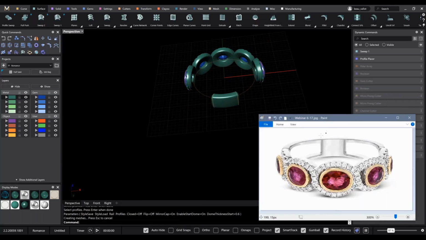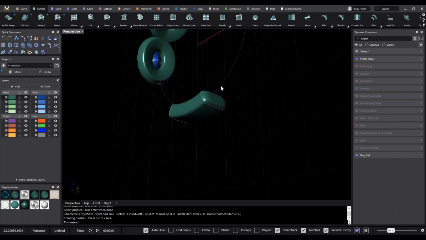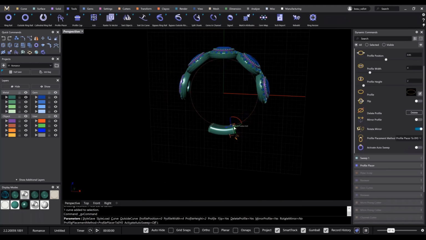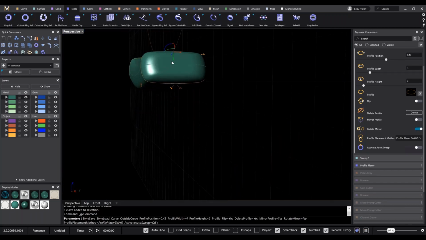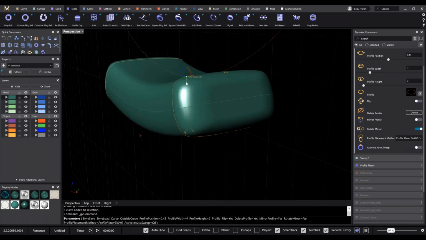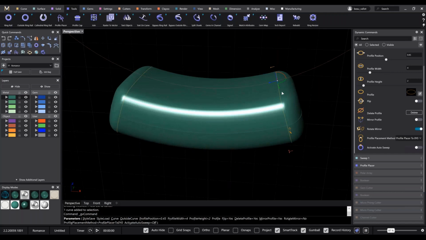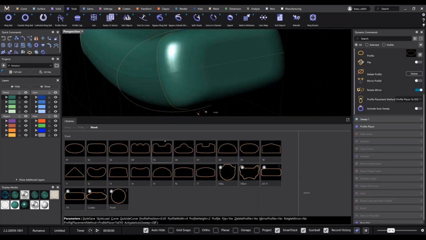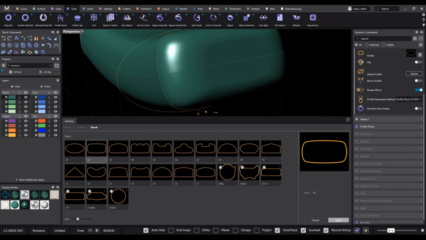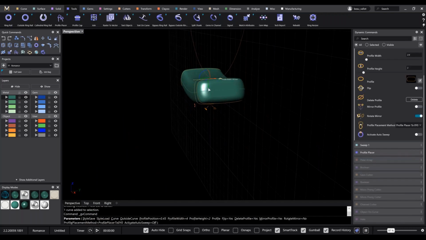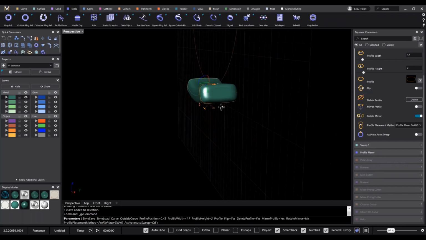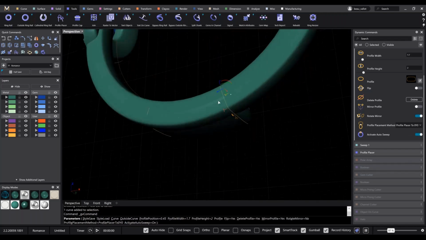So now I have this part, right? Now we need to do this part. So let's profile place one more time. Let's move the position, except I'm going to come essentially even with this last profile, and it'll make sense why we do it this way. And then we're going to pull it out about right here and change the profile. So let's select the square. Reduce the width. Pull it even. And if I auto sweep, we can see